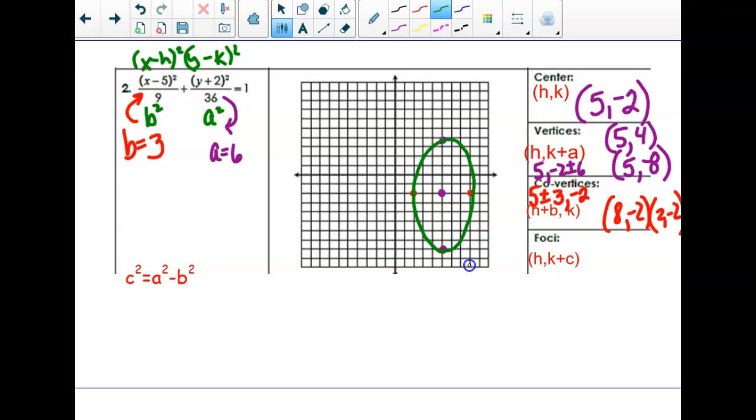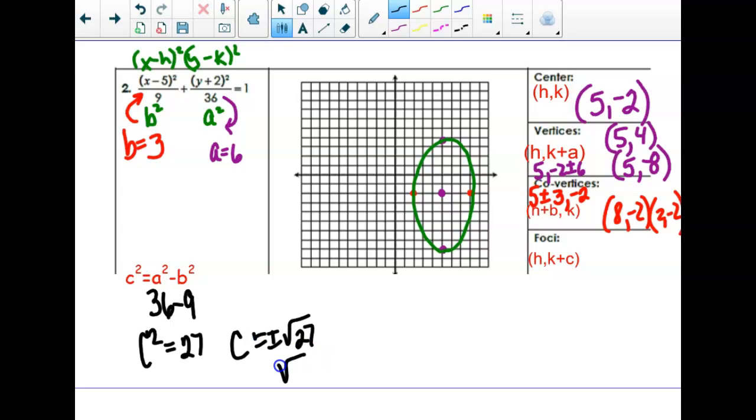Bobbing. Not bad, huh? That one looks pretty good. Okay. Now we got to find C. A squared was 36. B squared was 9. So when we subtract, we get 27. So C is plus or minus the square root of 27, or 9 times 3, so plus or minus 3